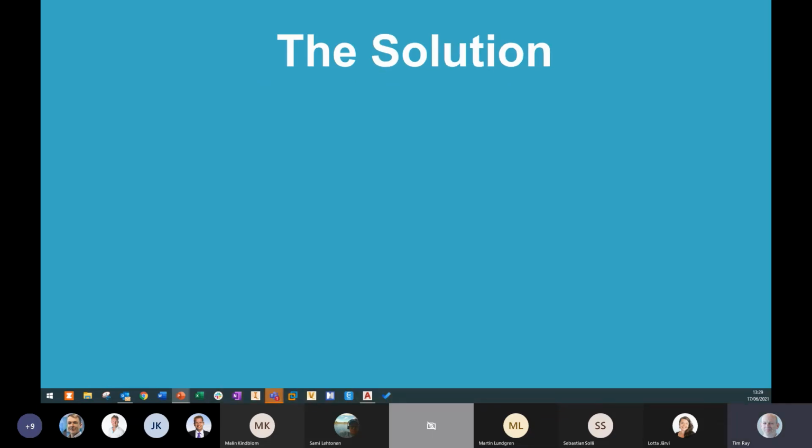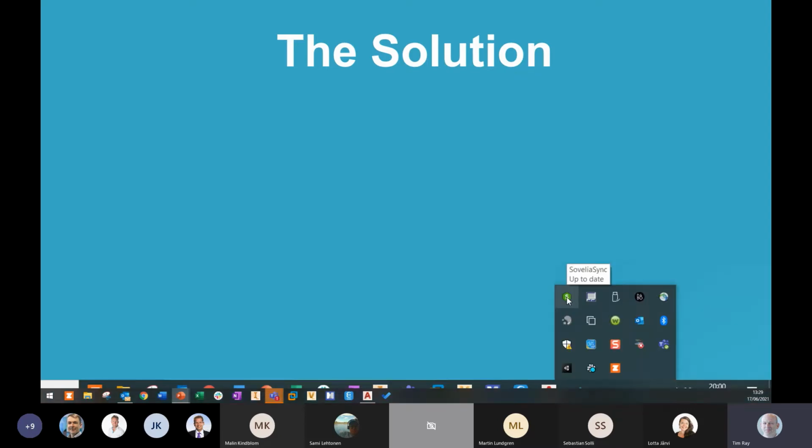Solution then. How did we resolve this? So the first thing was some new functionality that we have. Well, it's quite new functionality. And again, Sammy mentioned it earlier on in one of the sessions: if you have a Windows system, then one of the things that we have is